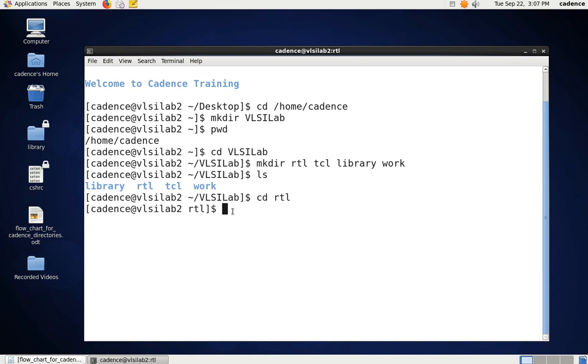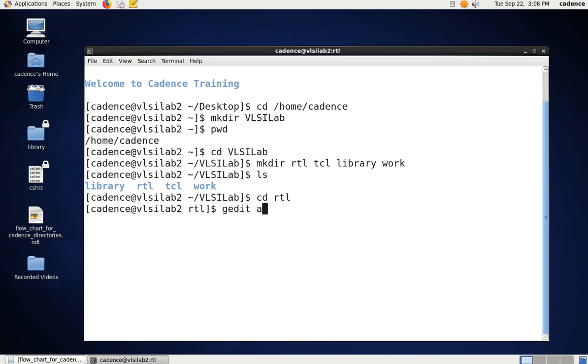Here I am going to write the corresponding Verilog code for the corresponding design, especially the synthesizable code. Fine. How do we write that? In order to write, you have to use the gedit command. The gedit command is the command to invoke the file editor window. Fine. With the command you have to give the file name also.